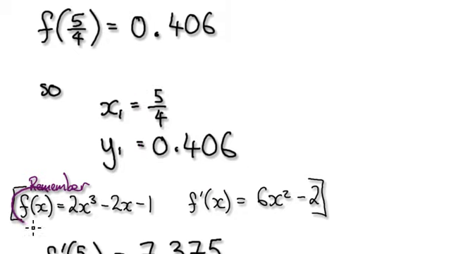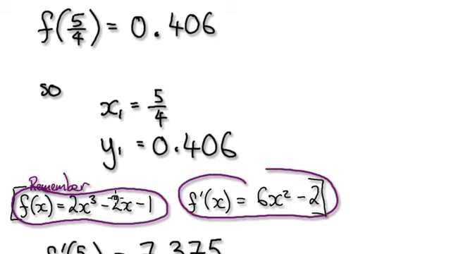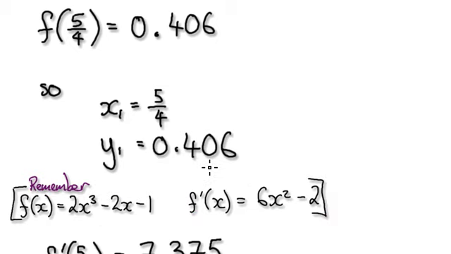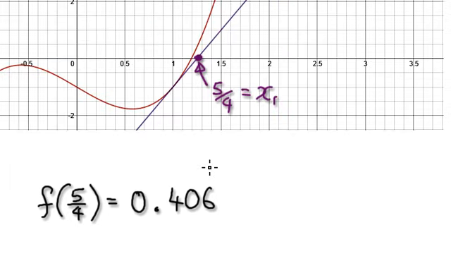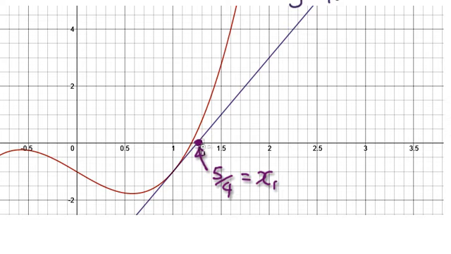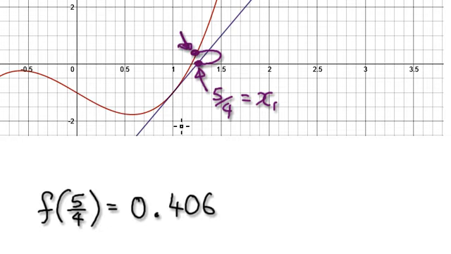Remember, our original function was this here, and the derivative was this, because we start from here and differentiate it, which gives you this. So now we know the precise location here. We started out with this, we jumped to here. Now we need to know the gradient. The gradient at this precise point here will be